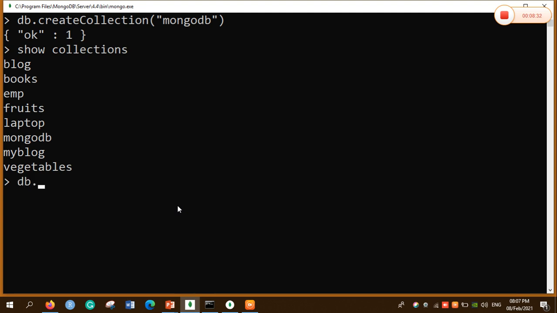Now I am going to insert the first document. So db.collectionName.insertOne. The insertOne method is used to insert one document. That is, name is equal to, let me say, data structures, and quantity is equal to 90.